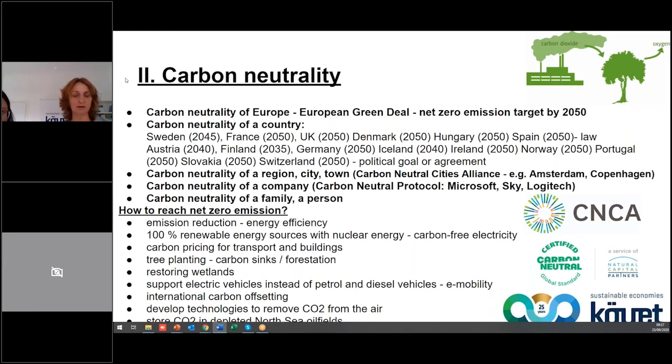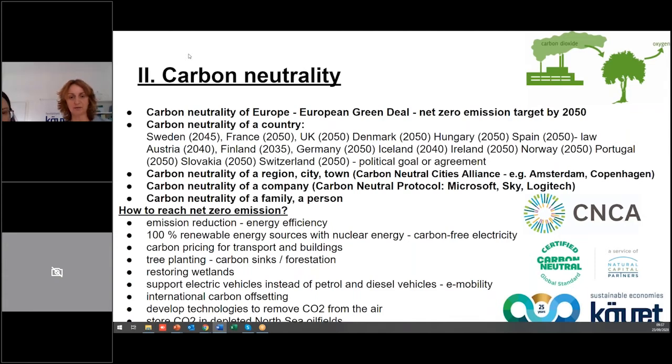You can see here listed the countries. I'm sorry, I only listed the European Union countries. You can see on the web page other worldwide countries who are committed to this goal. You can see here, for example, Sweden, France, the UK, Denmark, Hungary, Spain. There is an existing law that they have to reach the carbon neutrality by 2050 or even 2045, as